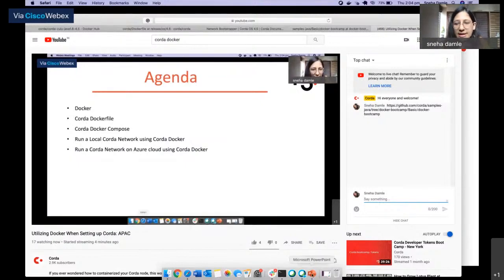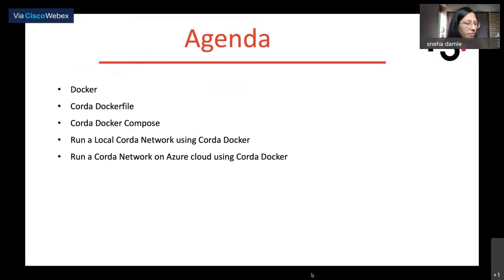So going back to the presentation. Let's say that you have to deploy Corda or your application on multiple virtual machines, many different machines. You'll have to set up the operating system, keep a watch on it, apply the different security patches, and make sure it is up to date.